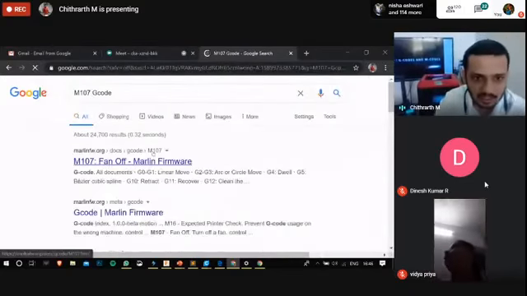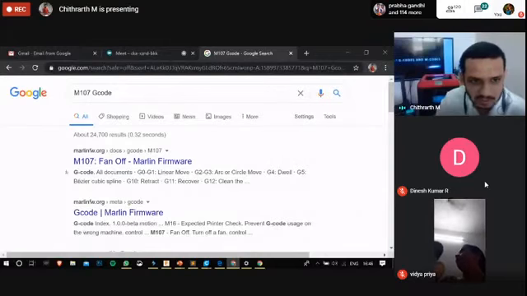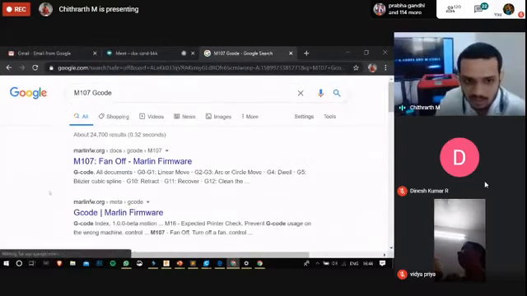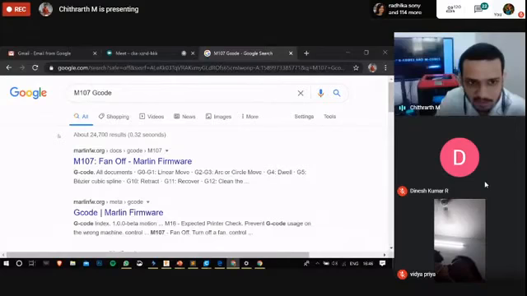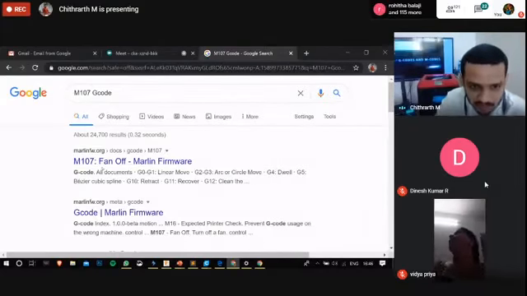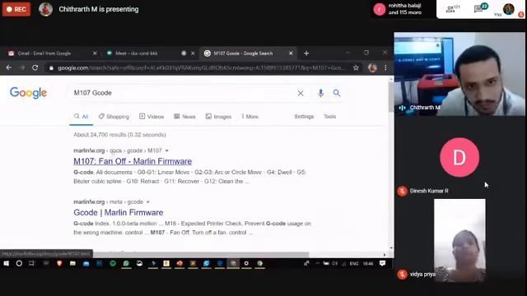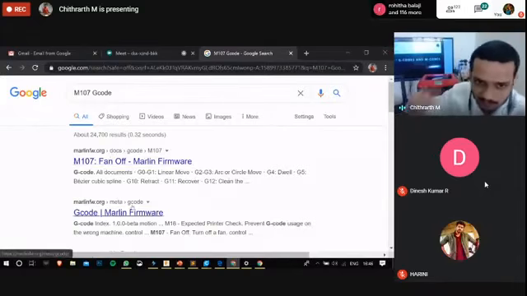It will give you the details. So just type into Google, and you could get all the details. As I told you before, M107 stands for turning off the cooling fan in your extruder. So once you send this command to your printer, the printer will automatically turn off the fan.